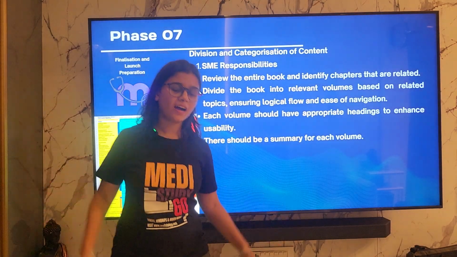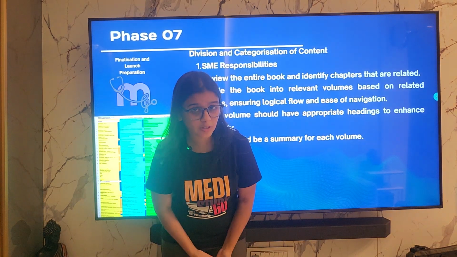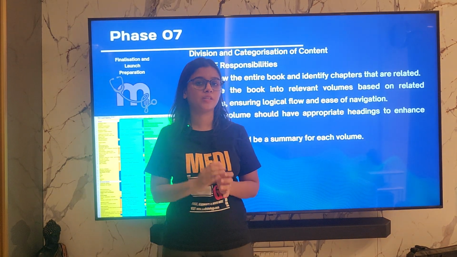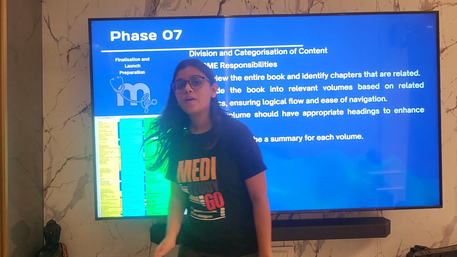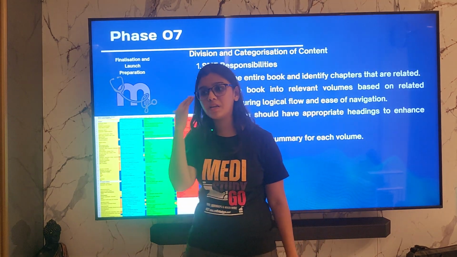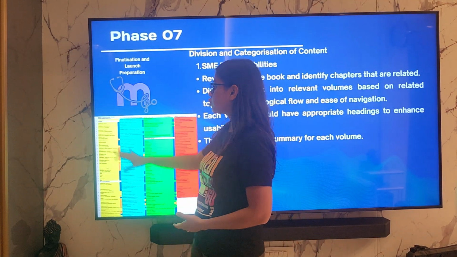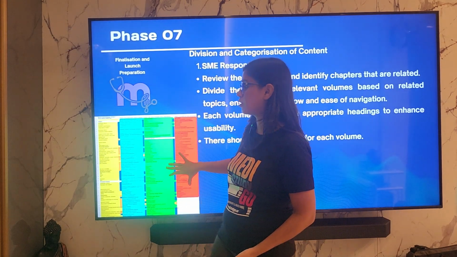Here is the last and the final step of this exhaustive procedure. It looks exhaustive, I must say, but if you do it right, it will not be exhaustive. Do it in chunks, right? Like, as you can see here, when we had to do Perio, we didn't do the entire subject. It can be very overwhelming if you were to do it like that. So you divide it into phases, right? So these are our 4 phases of working for Perio.